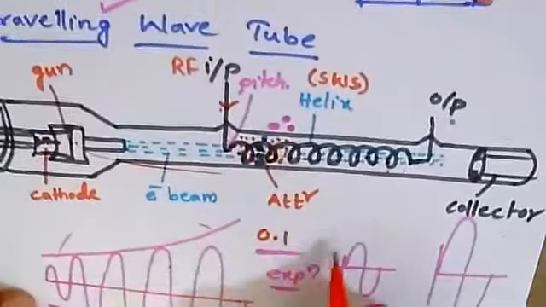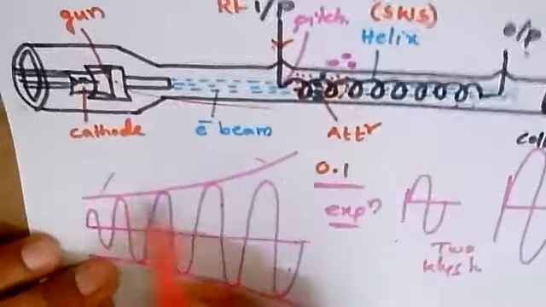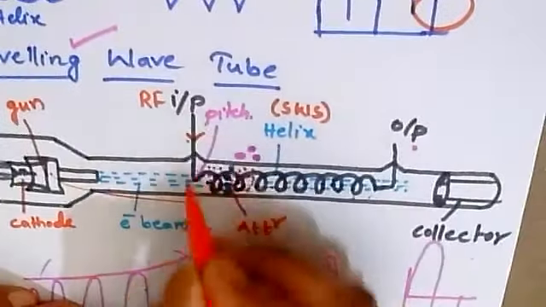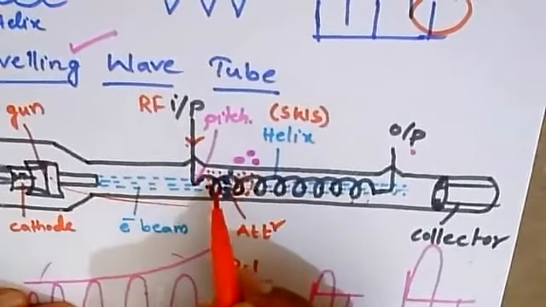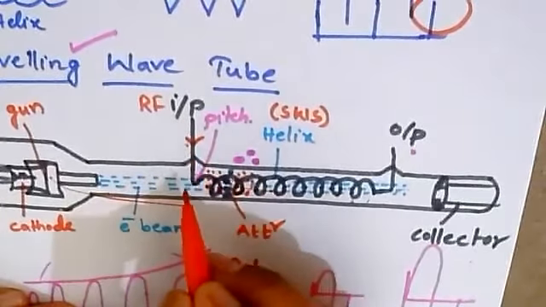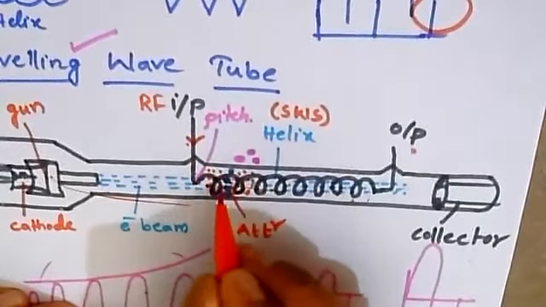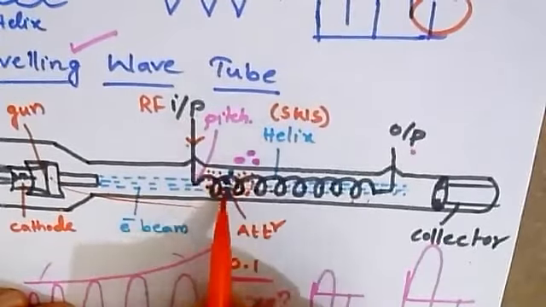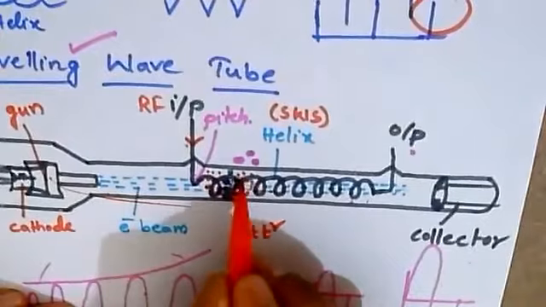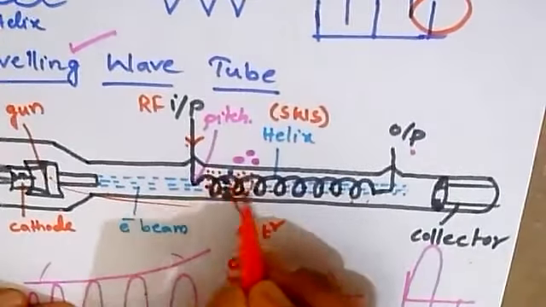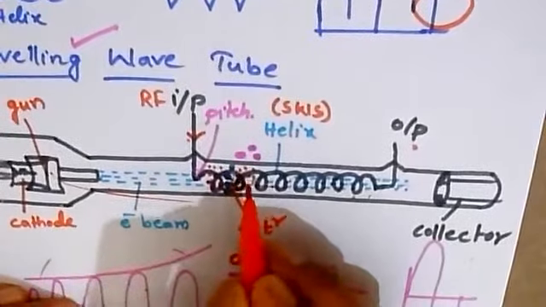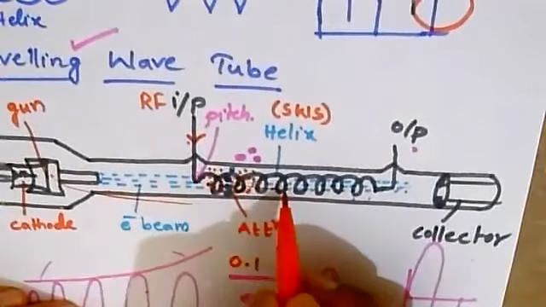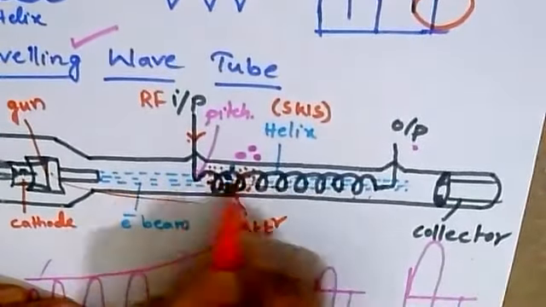Now, once we have seen that the exponential increase in output is being recorded for the traveling wave tube, here it is found that the RF input which is applied, the signal propagating around the helix, produces an electric field. Due to this electric field, which is axial, it is in axial mode.